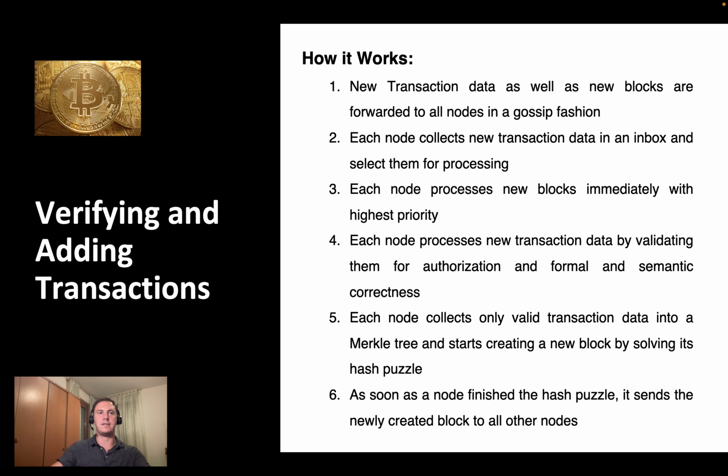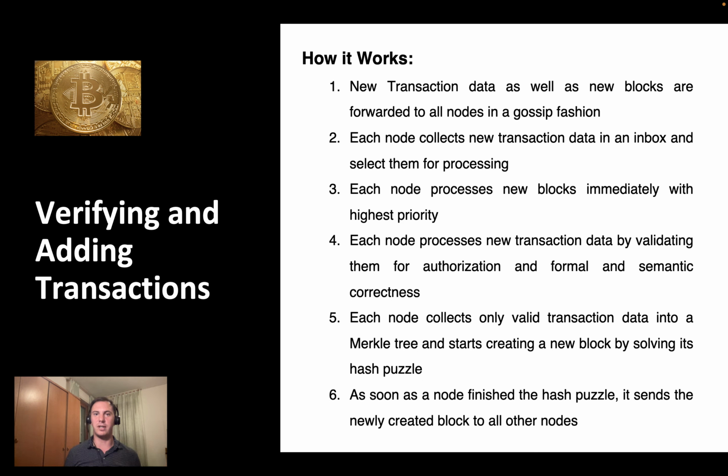So let's now discuss how it works. The procedures that govern how nodes deal with new transaction data and blocks they receive from their peers consist of several rules. There are 13. You don't need to learn each of them, but it's important you have a thought on each of them and you grasp the highlights and the overview, as I said. So let's just name all of them.